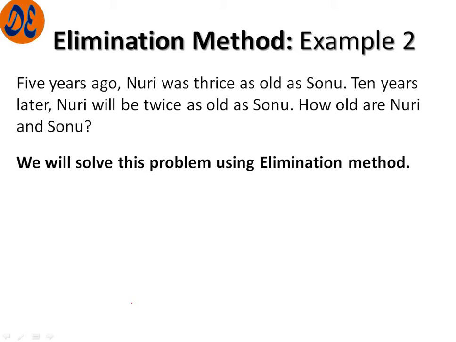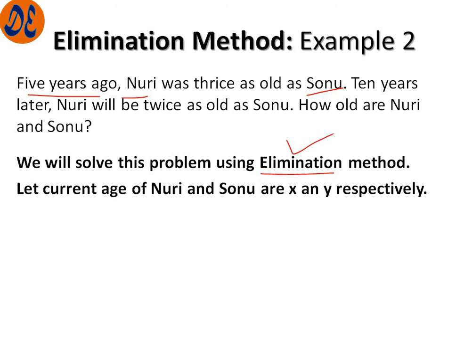So for that, and for solving, if we take the ages of Nuri and Sonu as two variables, we have two situations, 5 years ago and 10 years later. So two equations will be there, and we are going to use the elimination method to solve it. Let us first construct